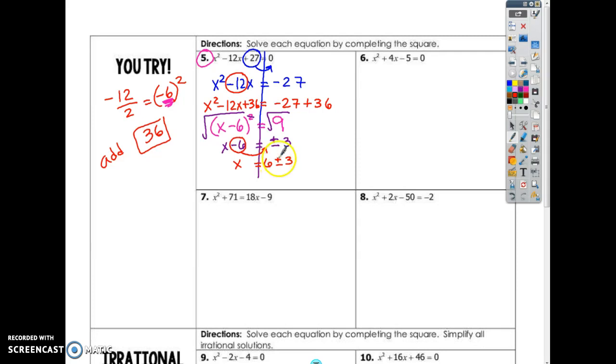So what's 6 plus 3? 6 más 3? 9. So x equals 9 is one of them. And what's 6 minus 3? 6 menos 3. 3. X equals positive 3. Those are your two answers. I need you to do